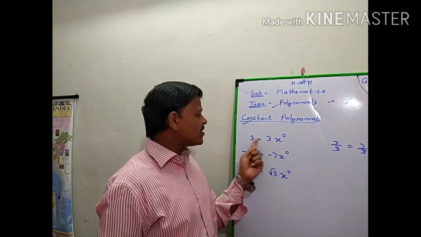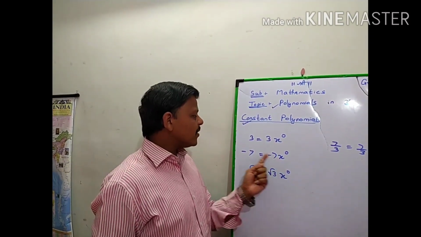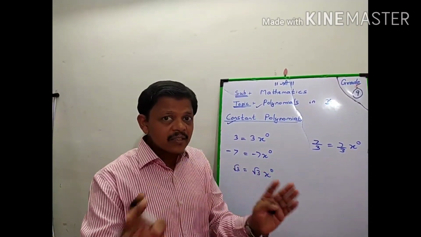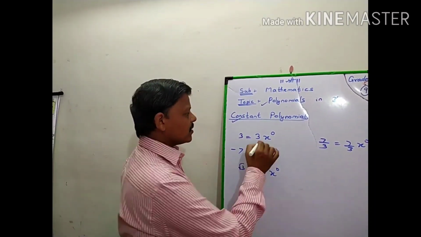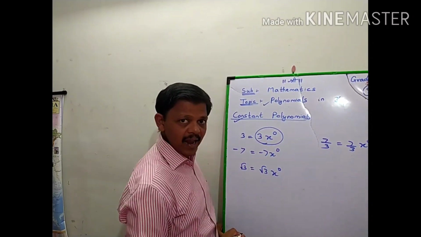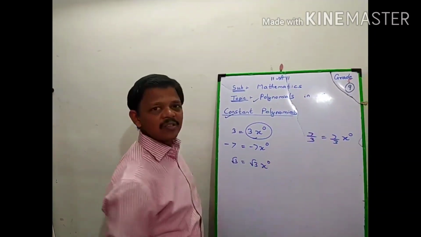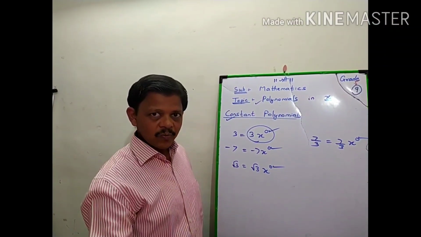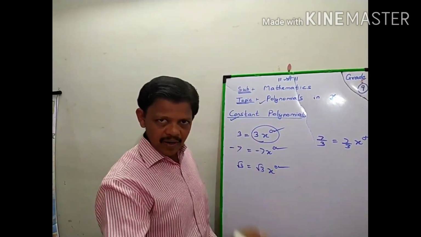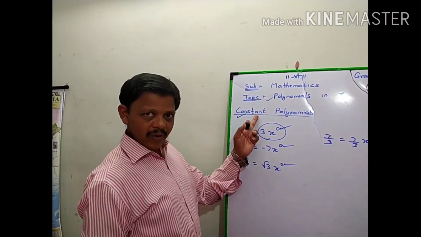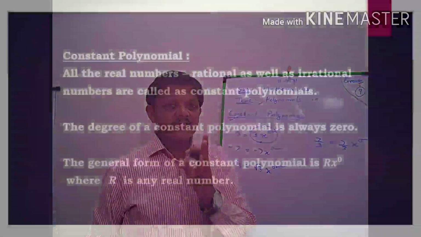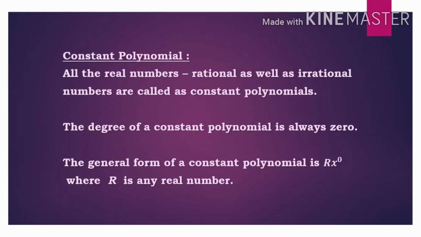3 into 1 is 3, the same number. Minus 7 into 1 is minus 7. Root 3 into 1 is root 3. So x raised to 0 does not change the value. This remains a constant. And now tell me, what is the degree of a constant polynomial? Obviously the degree is 0. So all the real numbers are constant polynomials and the degree of a constant polynomial is always 0,